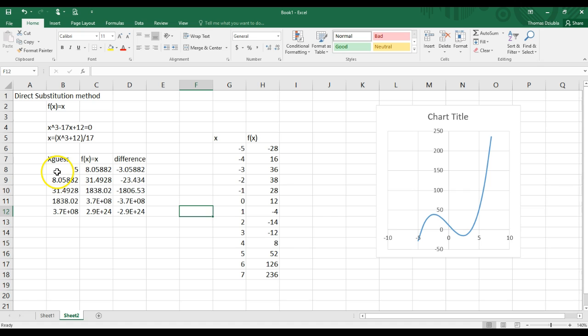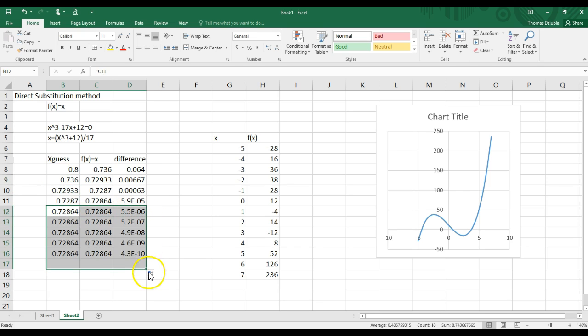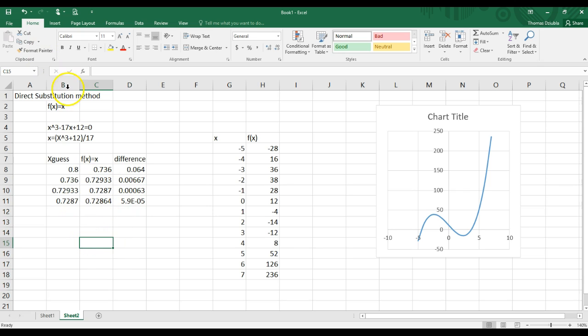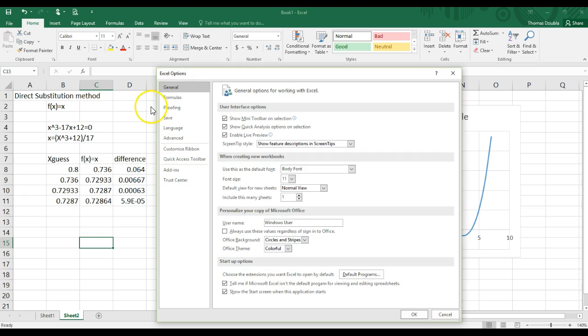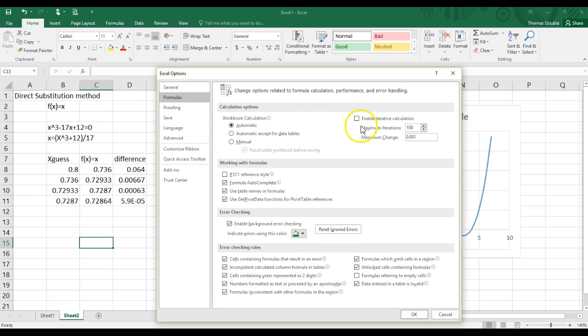Interestingly enough, you'll see here in this expression, I'm going to go back to point 8, that we can have this happen by copying down and pasting, and you get a better and better answer. Interestingly enough, Excel actually lets you do this in a single cell if you'd really like to. You can turn on what we call iterative calculations. If you go to File, then Options, then Formulas, you'll see over here it says Enable Iterative